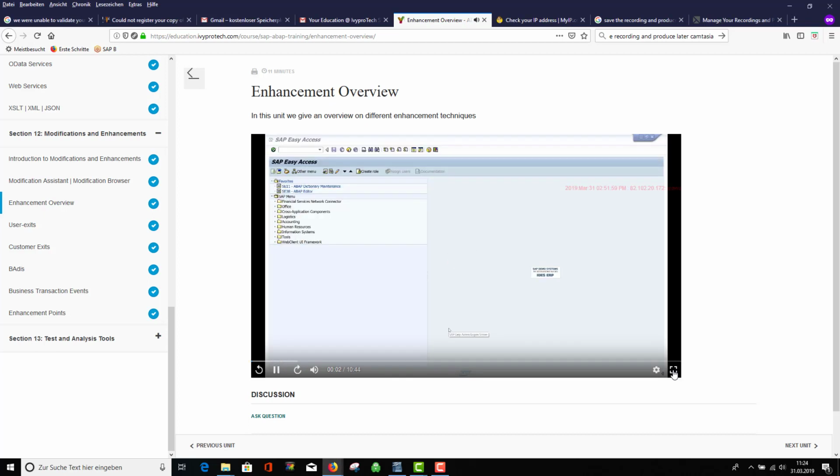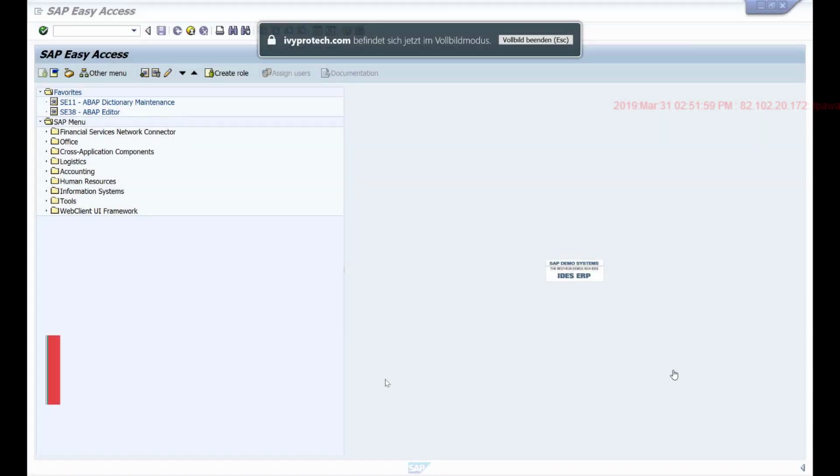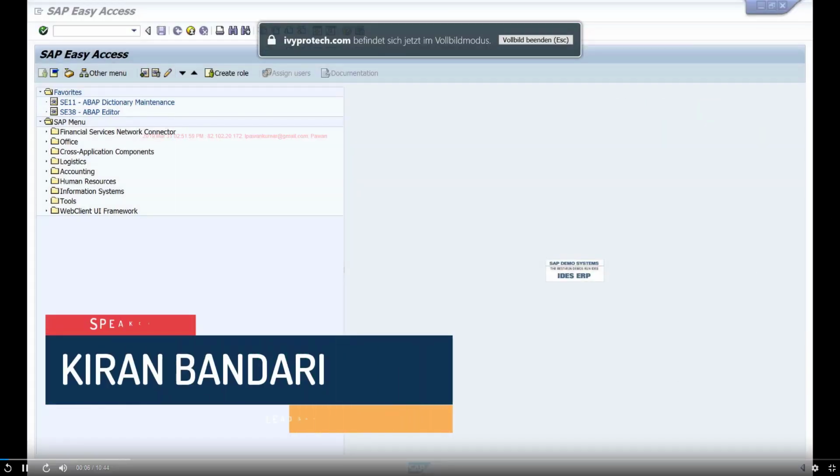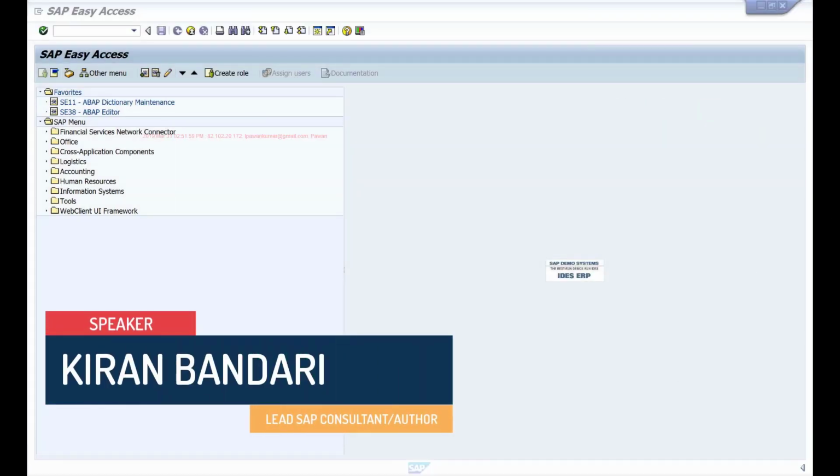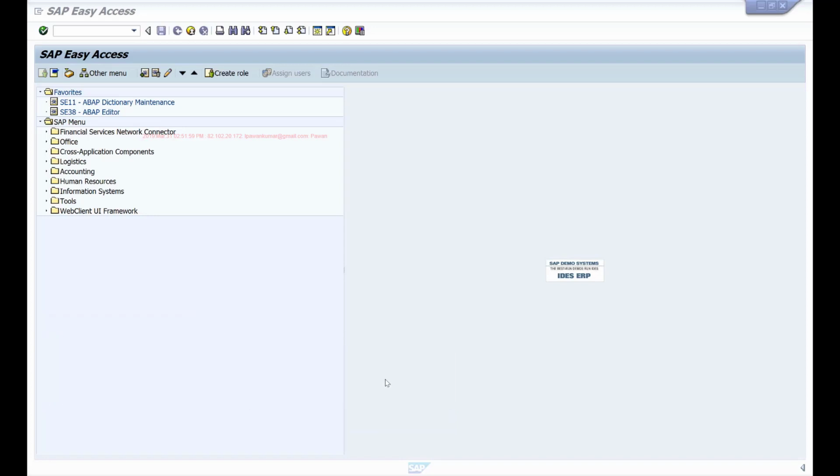Before we discuss these different enhancement techniques that you can implement in your SAP system, in this session, let me quickly give you an overview about these various enhancement techniques that are possible. Enhancements have evolved over a period of time. So with every new release of SAP system, SAP tried to make them better. And all of these enhancements that we'll be discussing allow you to extend the functionality of your standard SAP application without actually modifying the standard code. So you can interrupt the standard SAP's program and make it execute your custom code to achieve that custom functionality.